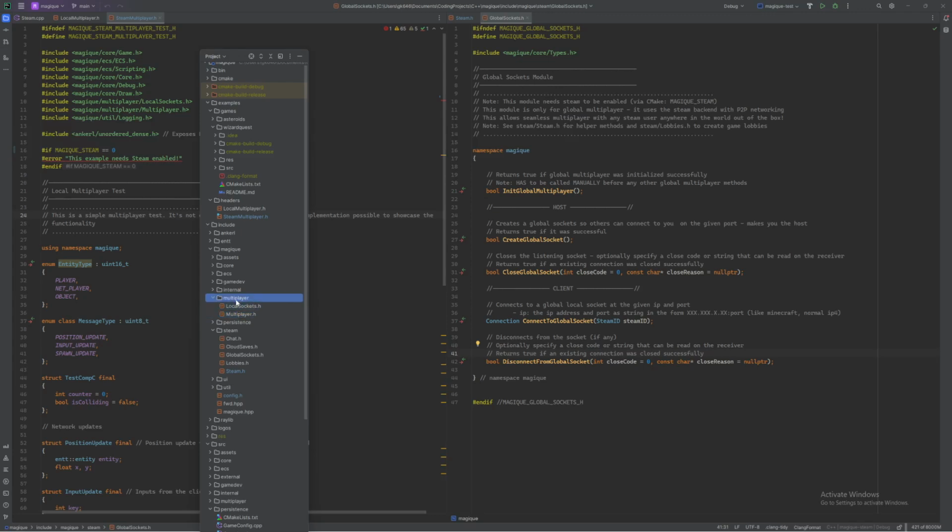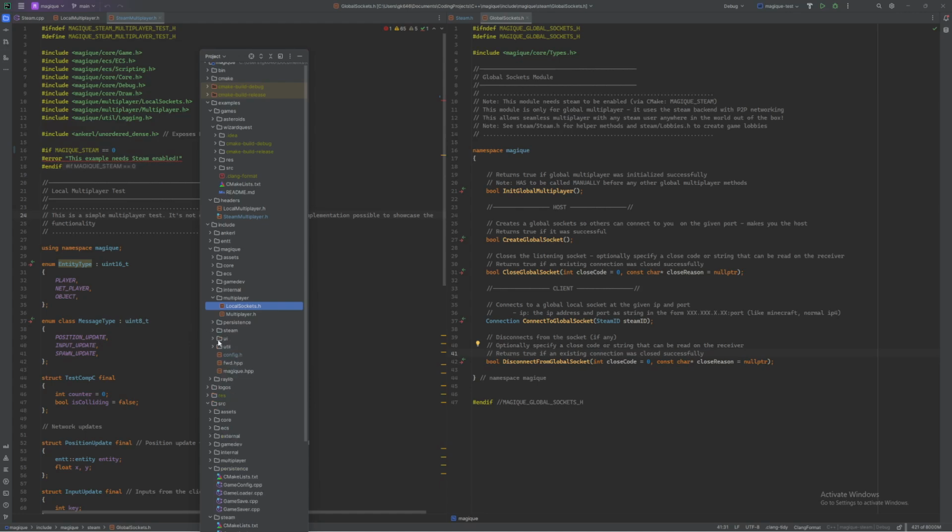This is a bit, right? Because I guess multiplayer means both the global and local sockets, but the problem is how it works in the backend, because the global sockets work with Steam, although the user does not necessarily have to care about that. But the other thing is why it's done that way, and I think why I will keep it that way, is that